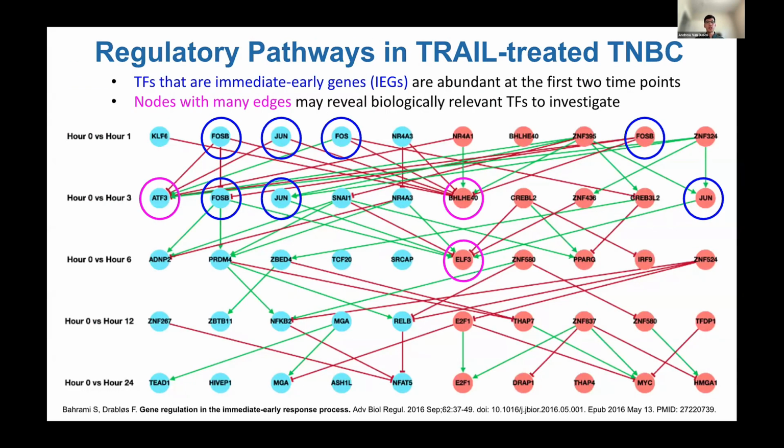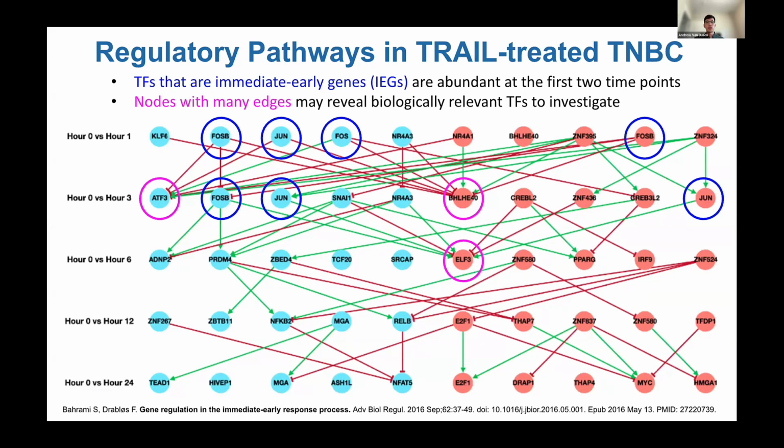In the first case study I looked at, researchers found experimentally that induction of triple-negative breast cancer cells with a cytokine called TRAIL led to activation of the non-canonical NF-kappa B2 pathway in the cancer cells, which ultimately resulted in an immunosuppressive tumor microenvironment. In the regulatory subnetwork that's shown here, that was constructed from the researchers' time series RNA-seq data,